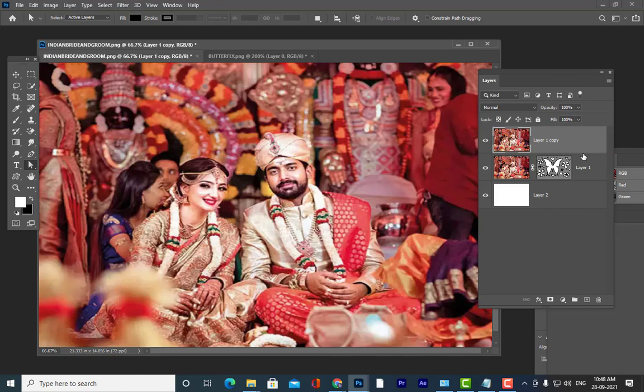Now I am going to convert this into a black and white image. Are you all getting my point? So how am I going to convert? Can anybody tell? In Image, we have to go to Desaturate, or there is a keyboard shortcut. Can anybody tell the keyboard shortcut to convert the image to black and white? Control Shift U.